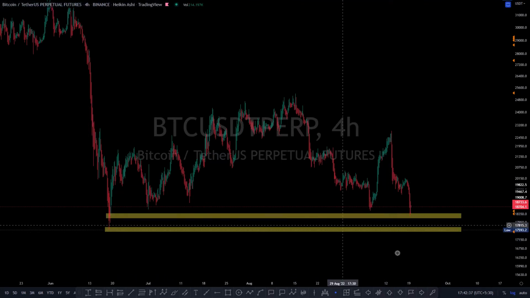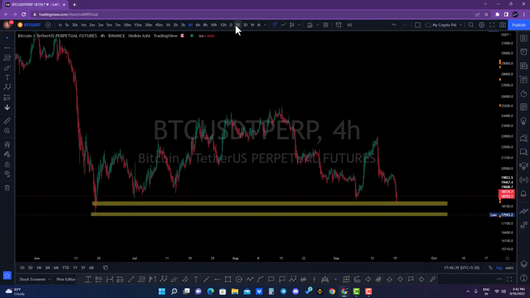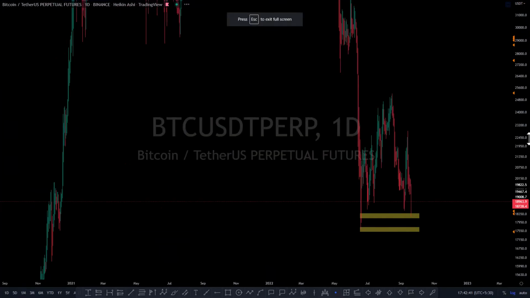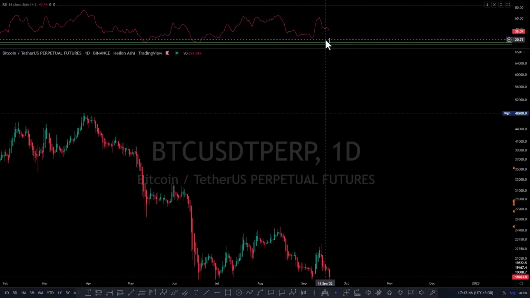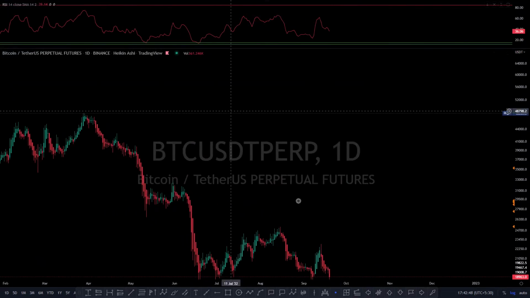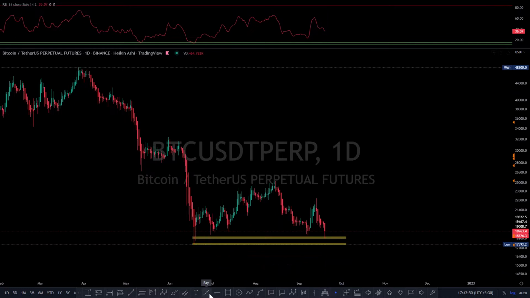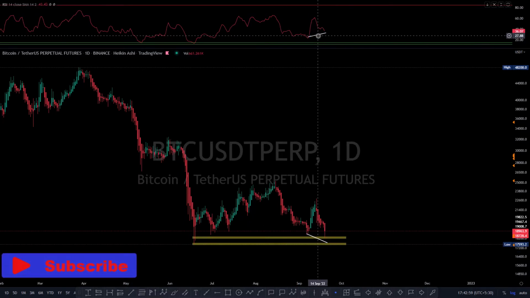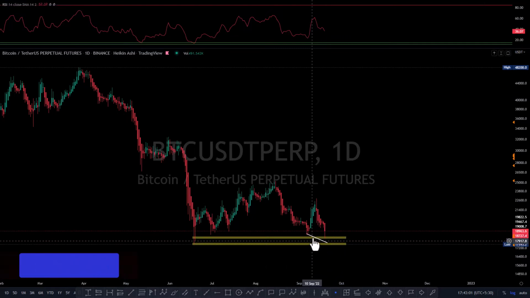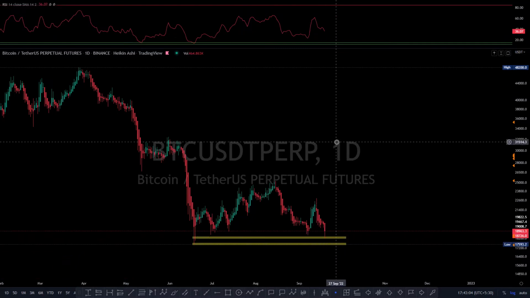Now what I mean by that is if you go on the daily time frame and switch on your RSI over here, you can see that the RSI is putting in a significantly higher bullish divergence. This is not confirmed that it will play out, but you can see that we have a lower low on price action and a higher low on RSI. So this is the first indication that a lot of traders are getting interested in this level.